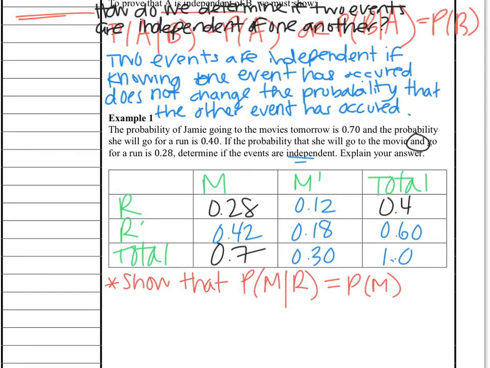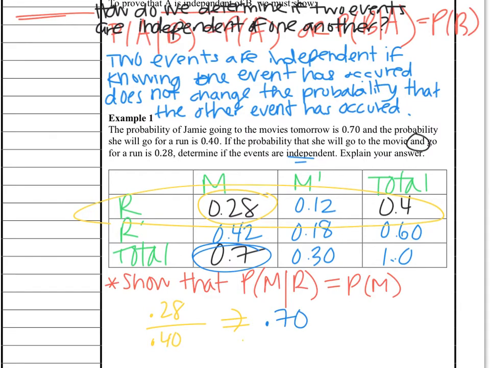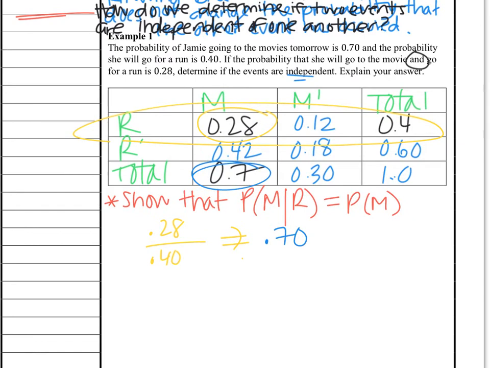So going to the movies, knowing that you've gone on a run. So looking at my run row and going to the movies, 0.28 out of 0.40, question mark with an equal sign, to the probability of just going to the movies, which is 0.7. So if I type this into my calculator, 0.28 divided by 0.40, it actually does give me 0.70 equal to 0.70. So we would say yes, the two events